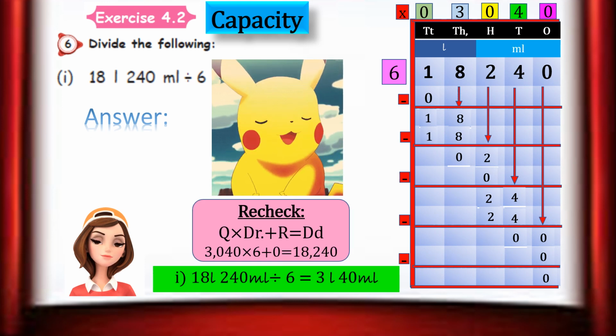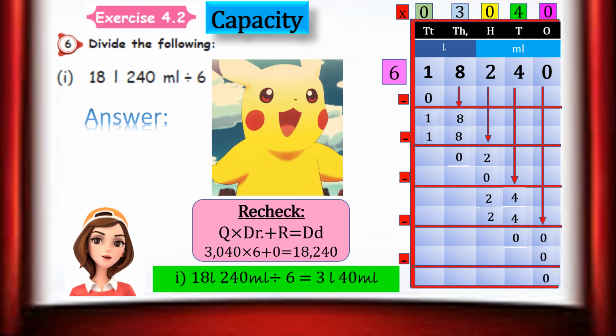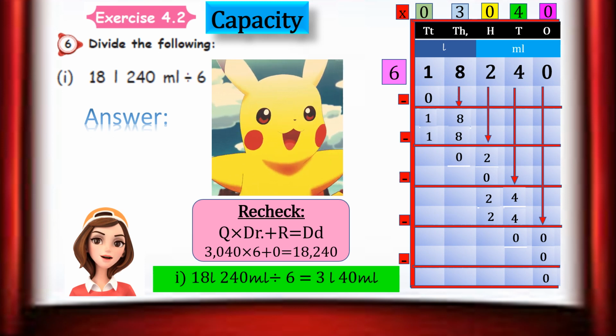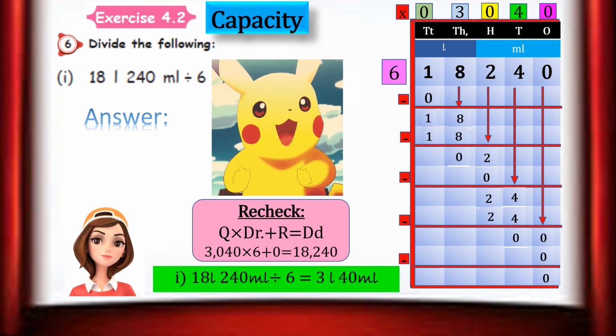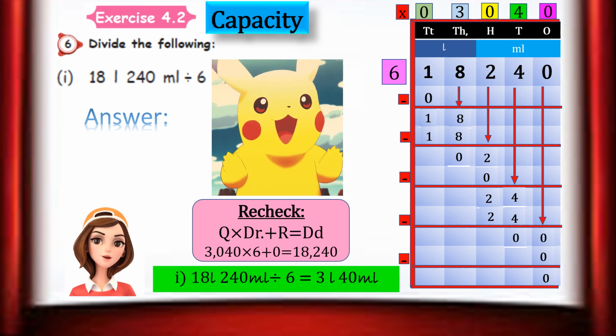I think you can understand here. In the division column, look, the 03 above the liter is our answer here. We couldn't read it as 03, isn't it? So 3 is the perfect answer. So 3 liter. Then the 040 above the milliliter. If we start with 0, we couldn't read it. So keep that in mind and leave it, then the remaining 40, that is the milliliter. Can you understand? Fine.